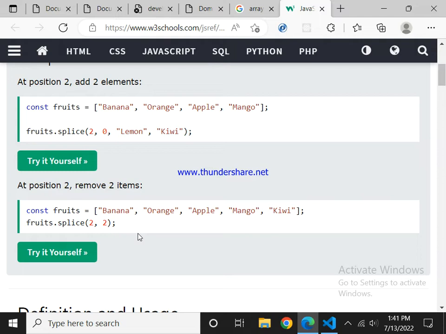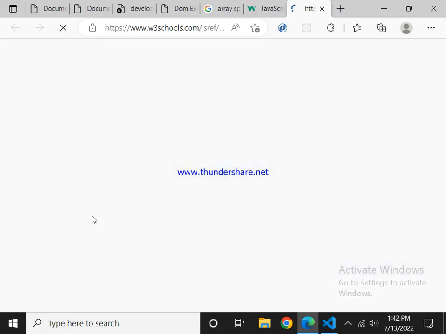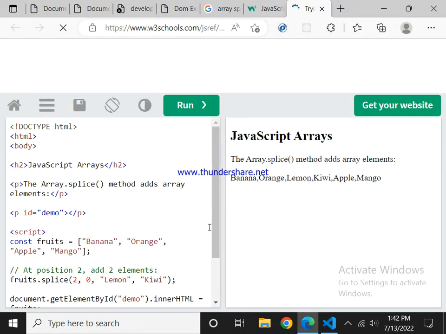In the first one, what it's saying is at position 2, which is 0, 1, 2, which is apple,